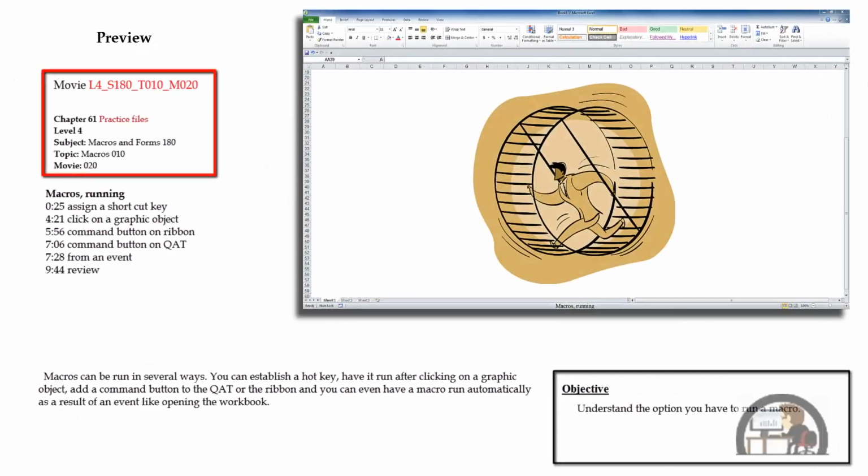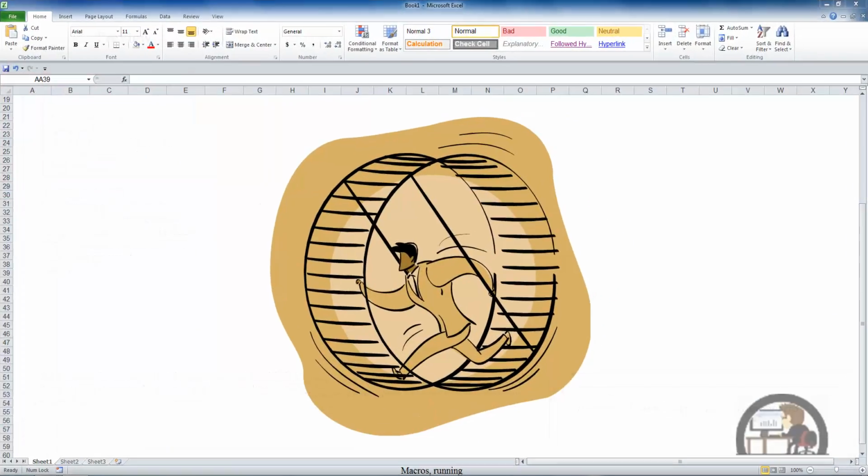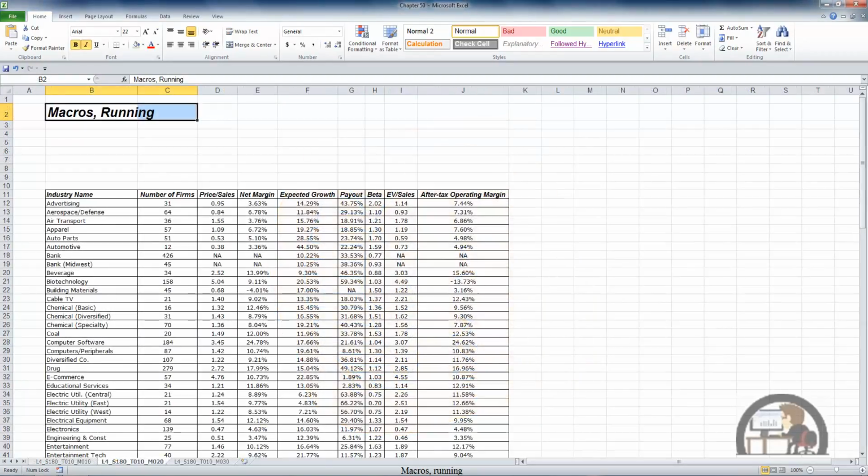This movie is about macros again, and it's running macros this time, the different ways that you can run a macro. Beginning with assigning a shortcut key to it, make it so it activates when you click on a graphic object, assigning it to a command button that we add to the ribbon, assigning it to a command button we add to the quick access toolbar, and we can even kick off the macro and make it run as a result of an event like opening the workbook. So we're going to go through different ways to kick off a macro and to run a macro,